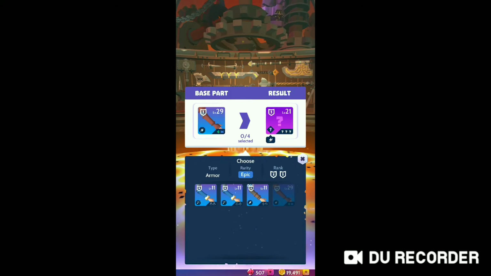And you see I have 3 ready to go. I would have had 4, but I have 3 ready to go. And my arms, the ones I'm using, are currently level 29. So the question in my head, I already made my decision, but would have been: do I take my arms that I'm currently using, take them to level 30 and then 31 to make them rank 4,